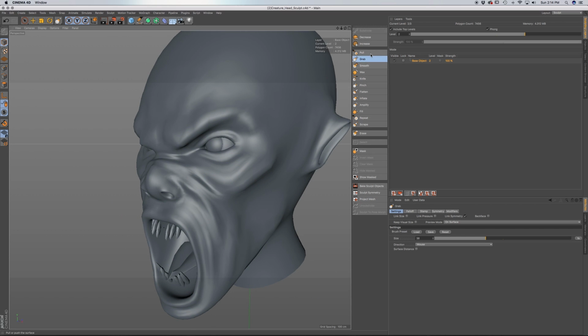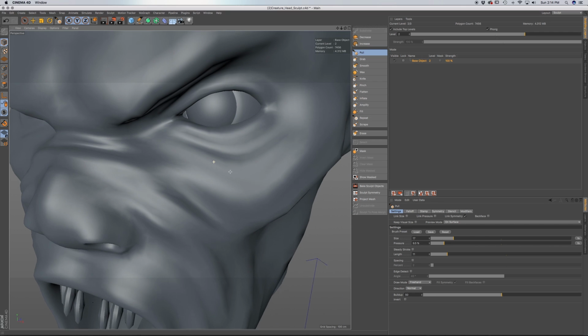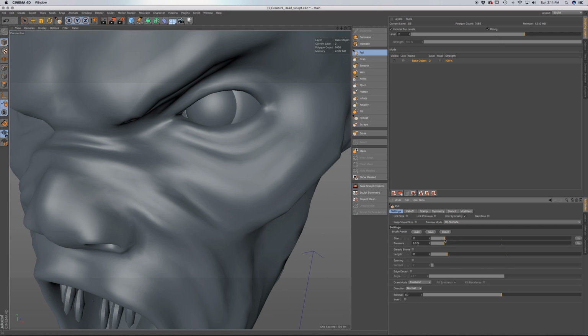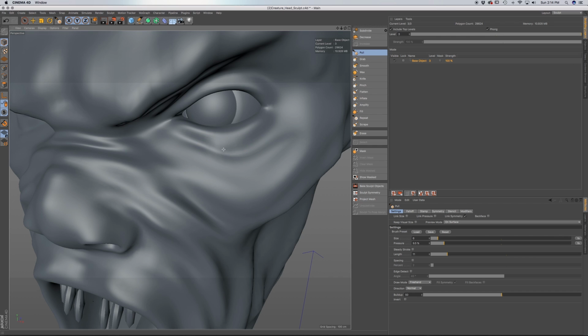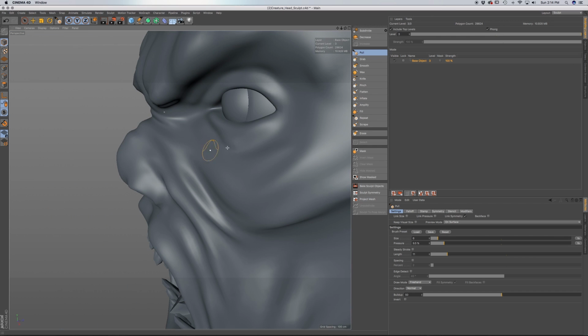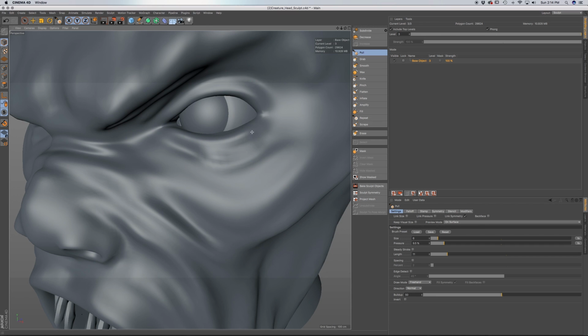What I said before about making things look a little too lumpy. Let's go back to the pool. I just want to maybe refine, bring down the size. And I think I want to go up a subdivision. I think that's what's happening here. And I want to be able to just start building up